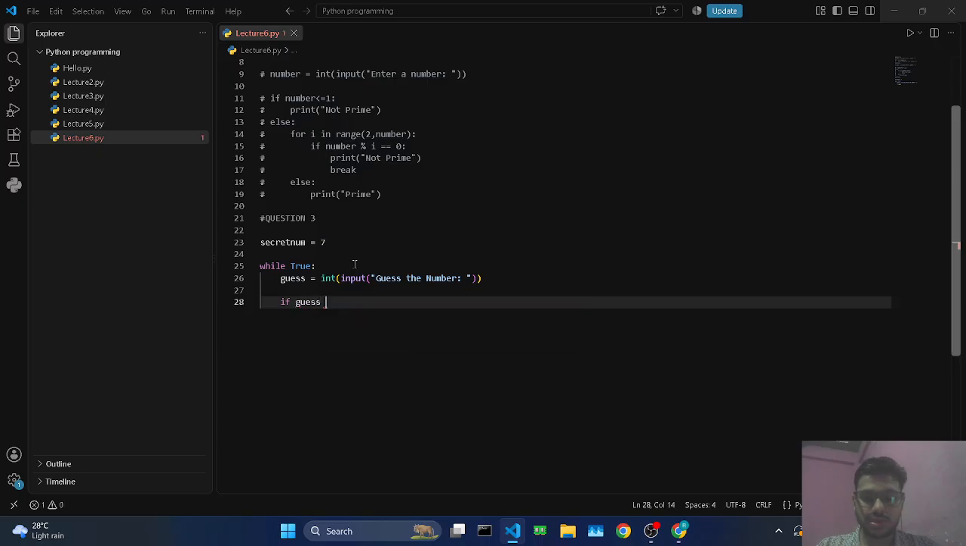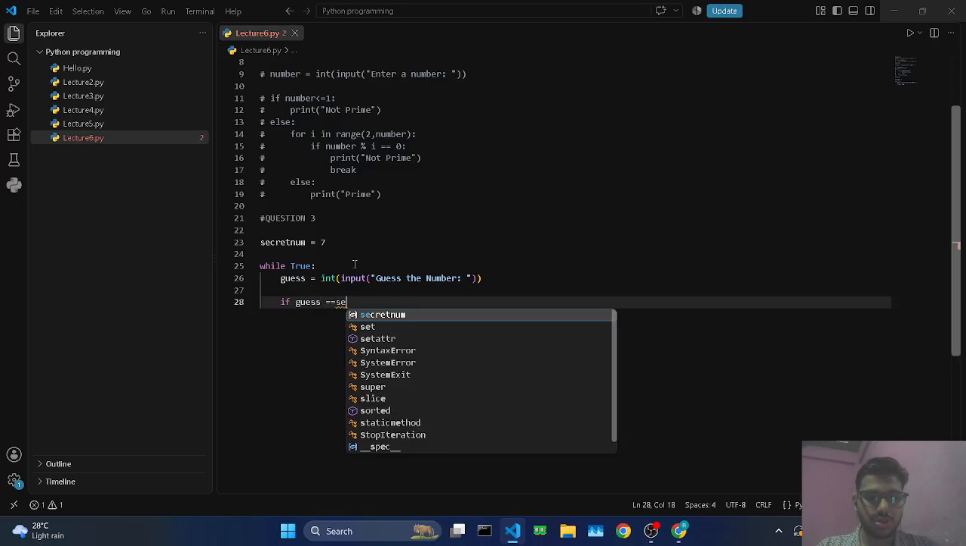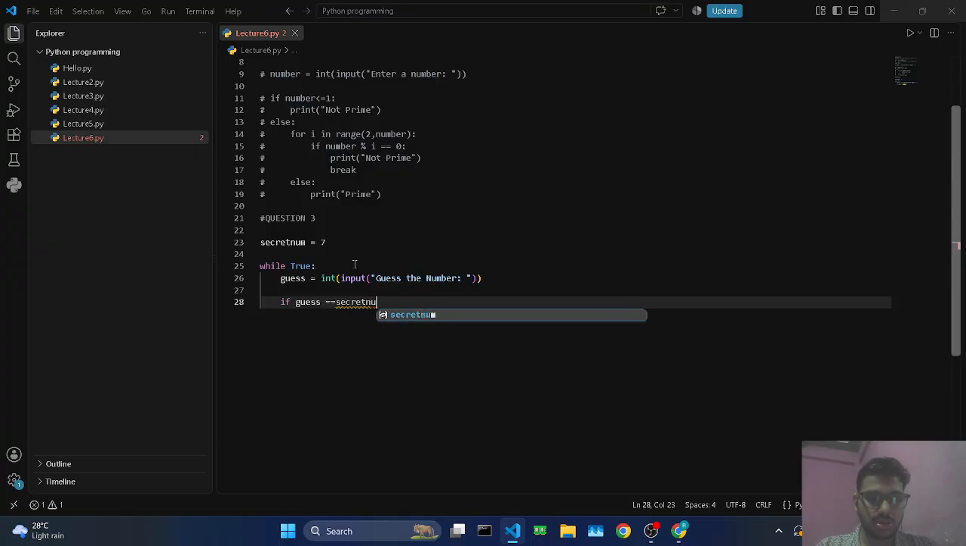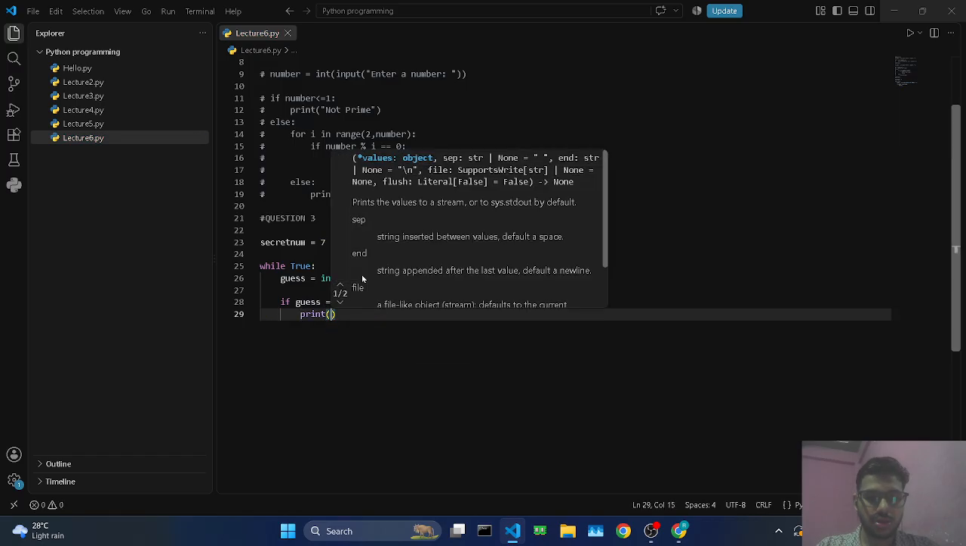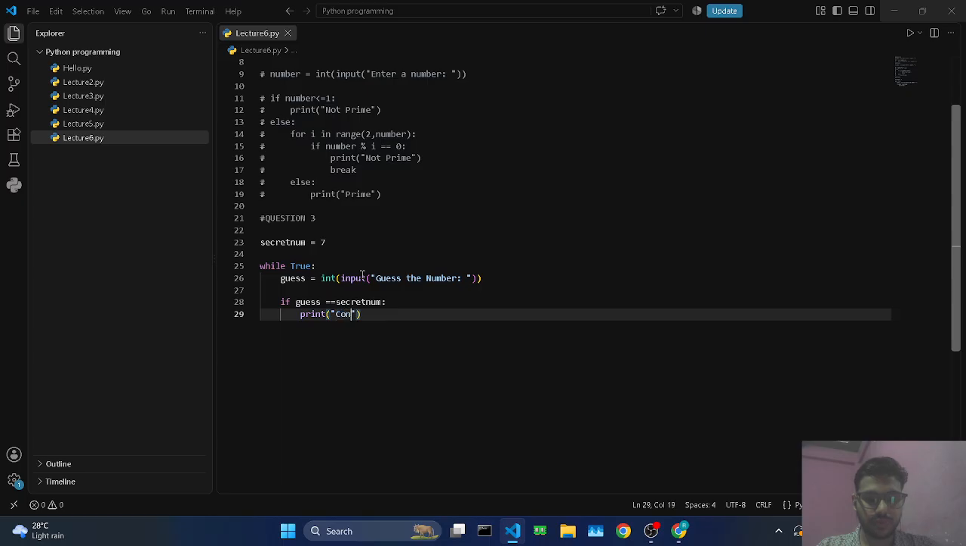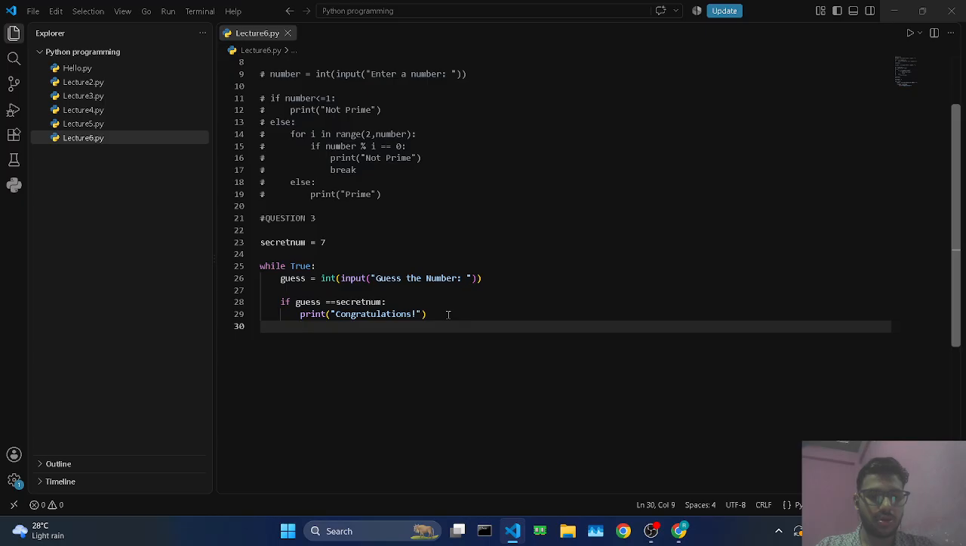If the guess, whatever the user has entered, is equal to the number you have created, then what do you have to print? You have to print congratulations. And break, because after he has guessed the correct answer, he doesn't need to guess further, so the loop will break. Else,